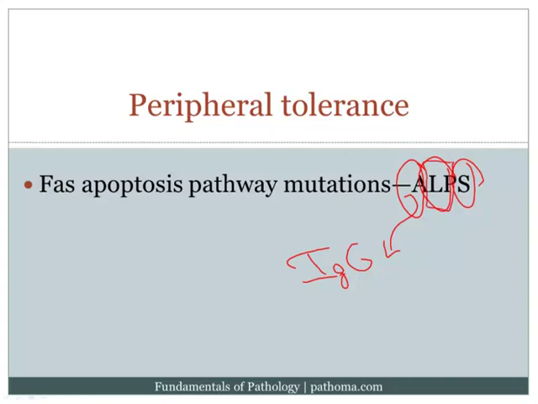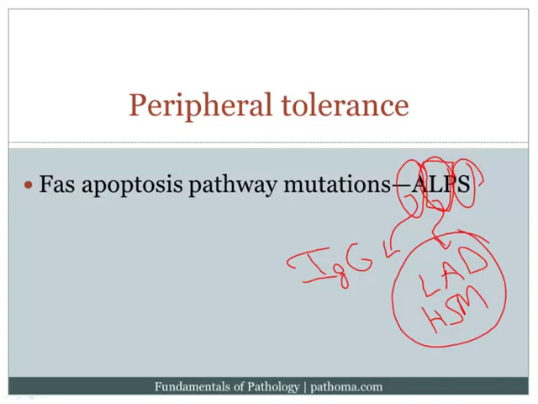Or the lymphoproliferative part of the syndrome implies that they get proliferation of the lymphocytes because they can't get rid of these self-reactive lymphocytes, and so those self-reactive lymphocytes can actually proliferate and expand the lymphoid compartments. And so, for example, areas where lymphocytes normally live will become enlarged. For example, they get something called lymphadenopathy, or enlargement of the lymph nodes throughout the body. It's a generalized lymphadenopathy. They also get hepatosplenomegaly. And because there's so much proliferation of the lymphoid cells, eventually mutations can be picked up, and these patients can eventually get lymphoma.